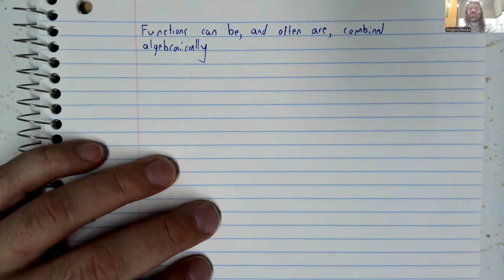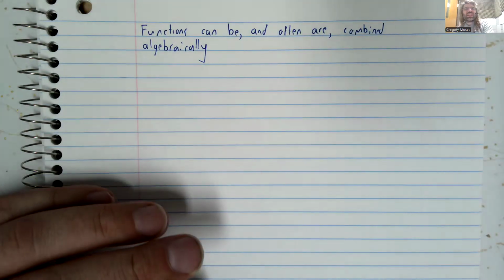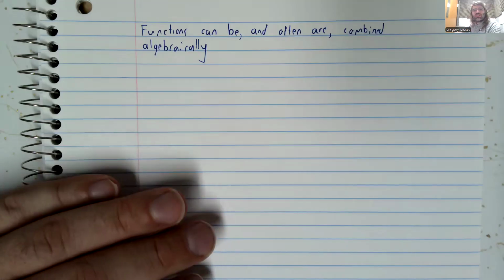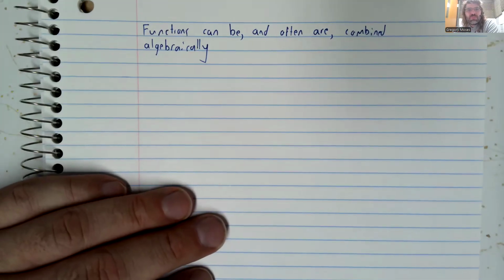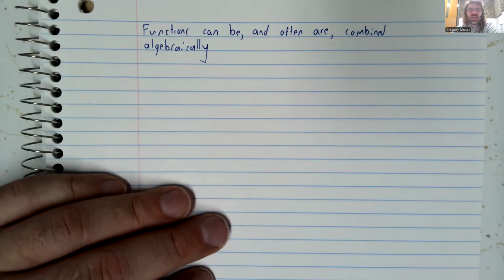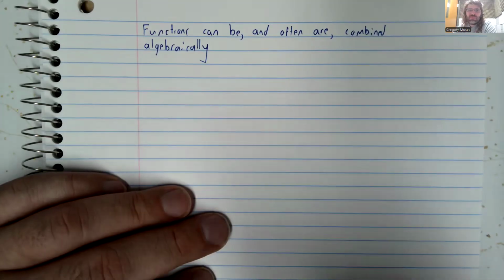And the probably most classic, easiest to understand example of this, and the one the textbook gives as its example, is you have a company, and the company is